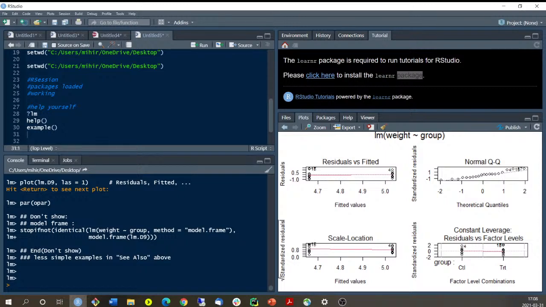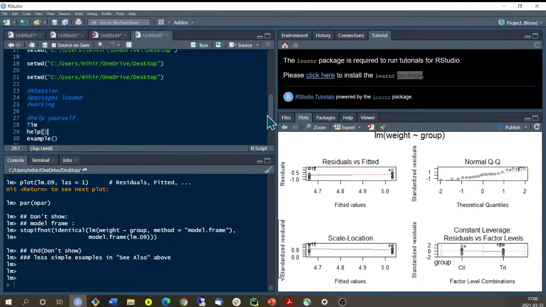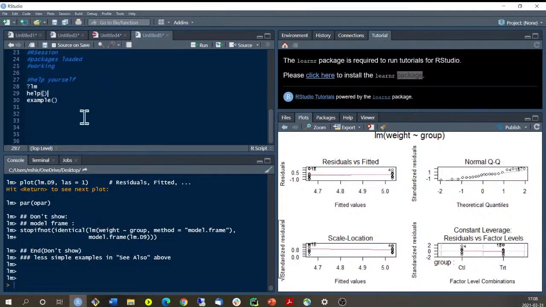You see these are the normal QQ plot, but this one we will come back to when we talk about how you do a linear model, how you check assumptions, and things like that. Probably another example is, okay, let's say